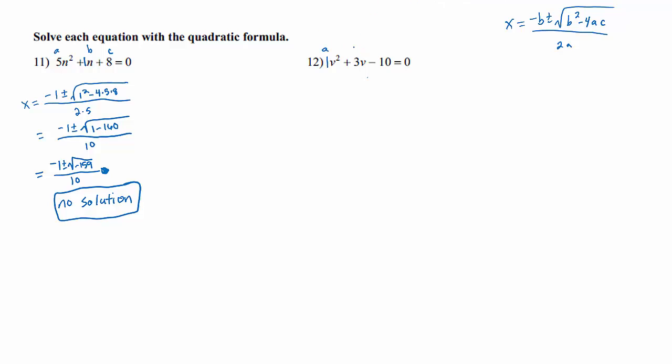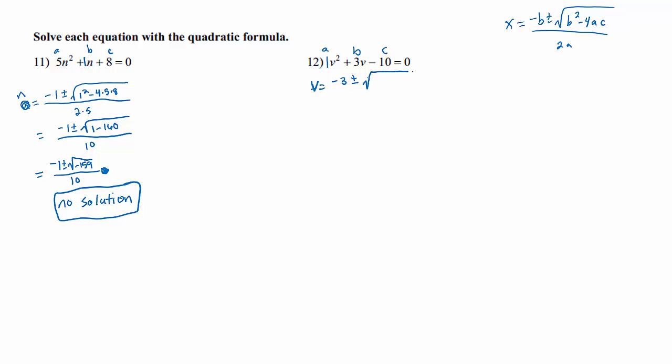so I wrote x equals over here. Really that should be n equals because n is the variable in our problem. And so this should really be n equals, not x equals. But I don't know that many people really make a big deal out of that. This is negative 3 plus or minus the square root of 3 squared minus 4ac